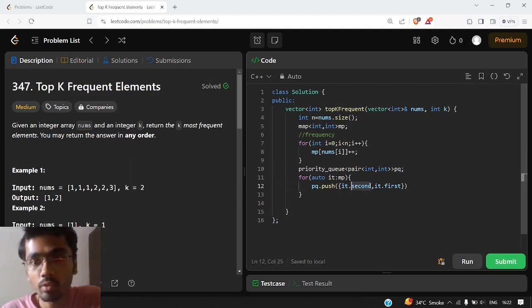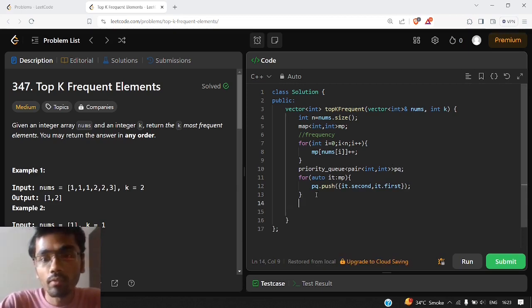So if we had used it.first here, it would not arrange on the basis of frequency, it would have arranged on the basis of the numbers like 1, 2 and 3. So if we want to sort them on the basis of frequency, we need to write frequency first, then the corresponding number. So that's why we have written it.second first and then it.first.